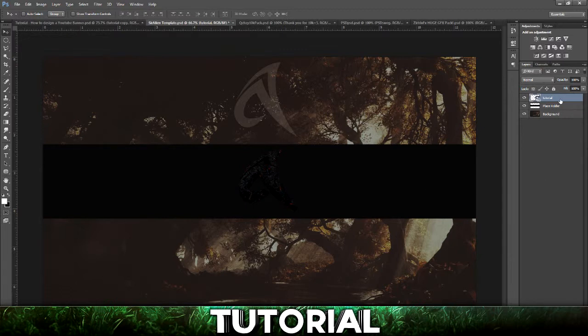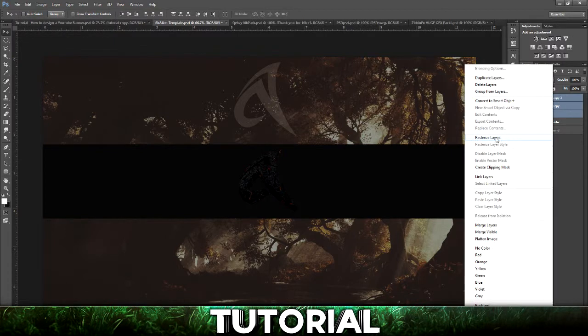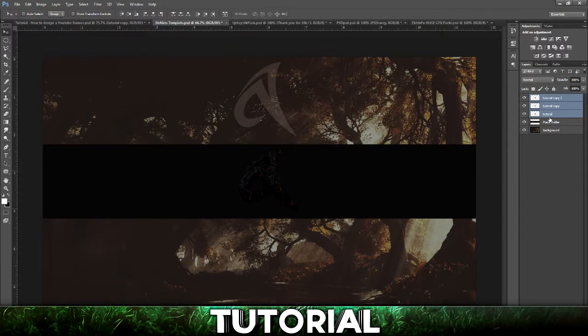So basically duplicate this 3 times, well 2 more times, which is Control J, and then hold Shift and click on this bottom one, because this one will most likely be selected. So you have all 3 of them selected, and rasterize the layers, which means that you can edit them in any way. So let me hide these 2, and actually let me hide those 2, and then alright,